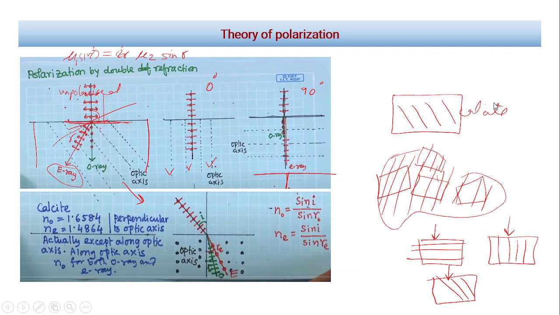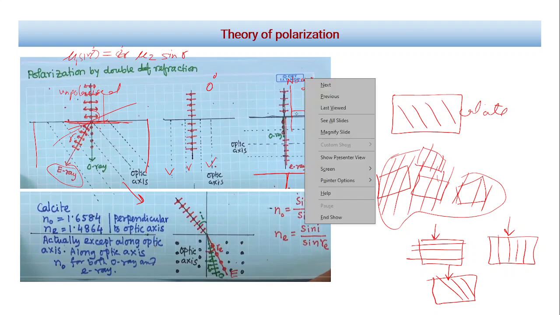That is because only along the optics axis do the E ray and O ray have the same velocity. In other directions they have different velocities. But I'm sending light at 0 degree, because we measure from the normal, and to the normal this is making 0 degree. Don't confuse this 90 degree, I'm talking about the incident light and optics axis being 90 degree. But this angle of incidence from the normal